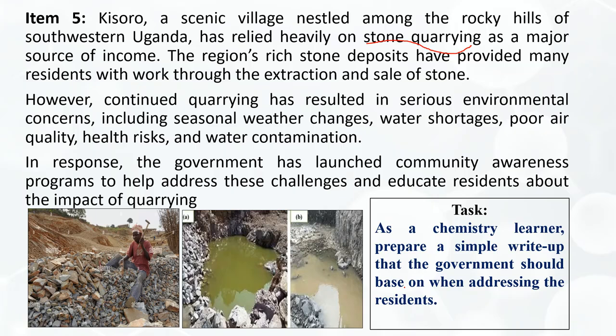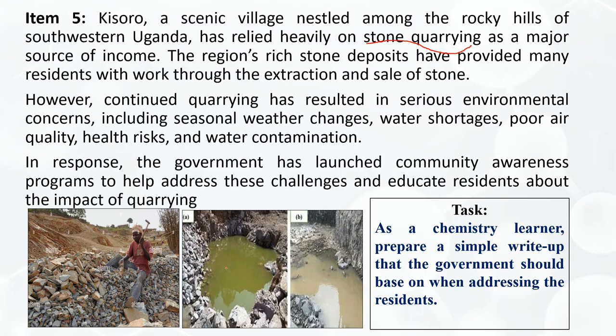So when you look at this scenario, we can have different learners with different responses and they are all correct. One learner will say, me, I have seen a natural resource, which is water, that is being affected. Are you seeing here in this picture? We have water, which is a natural resource and is being affected. What is affecting the water? It is the stone quarrying. I think the human activity is stone quarrying. So that learner can move ahead and respond to that and gets all the scores.